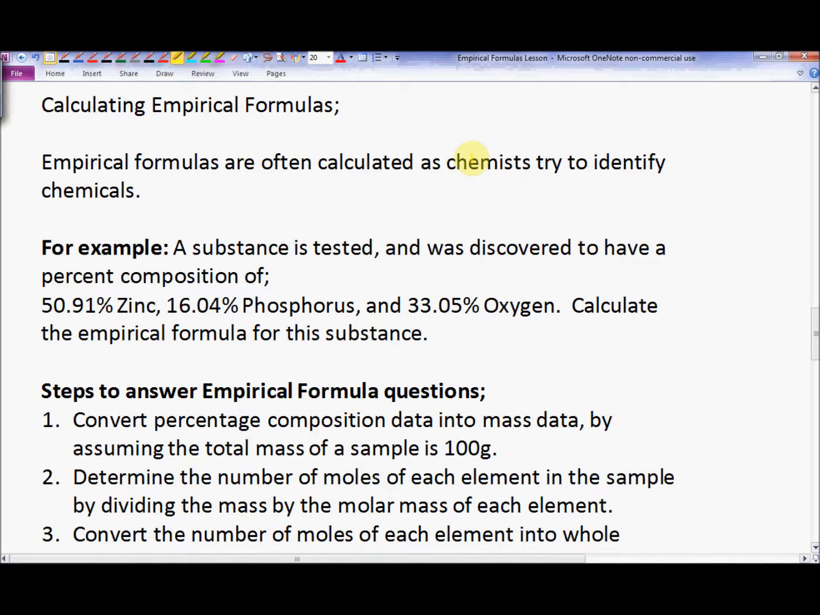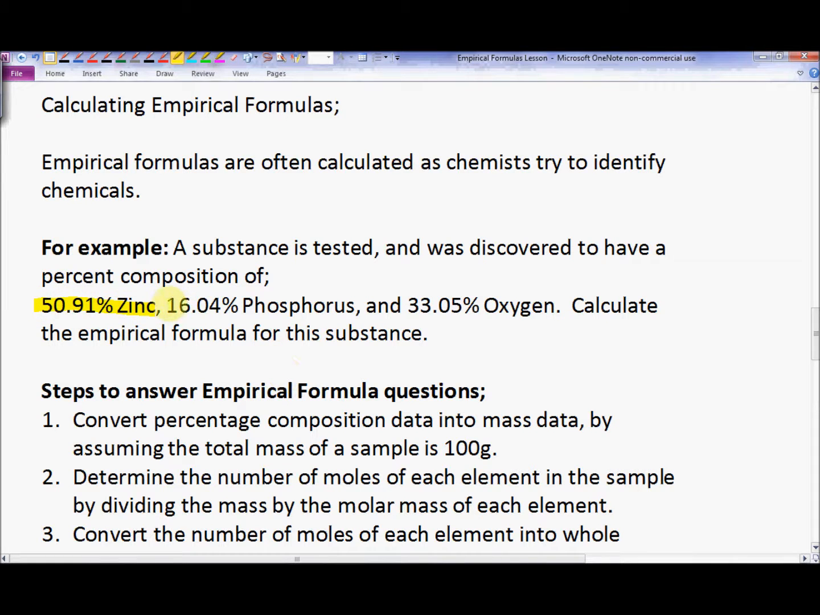Now, here's the method for calculating empirical formulas. Basically, empirical formulas are often calculated as chemists are trying to identify chemicals. So here's an example problem for that. A substance is tested in a lab, and we discover that it has a percent composition of